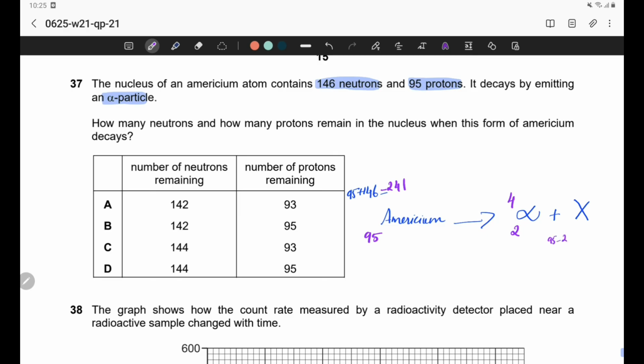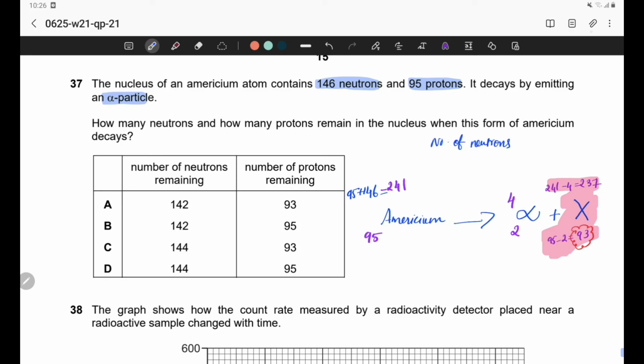95 minus 2, that is 93, and 241 minus 4, because the RHS and LHS of the equation, the mass number and atomic number, should be balanced. So we will get 237. So for this new element, we can identify that the number of protons is 93, and